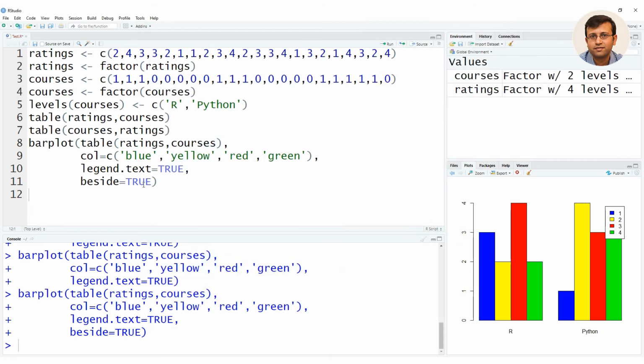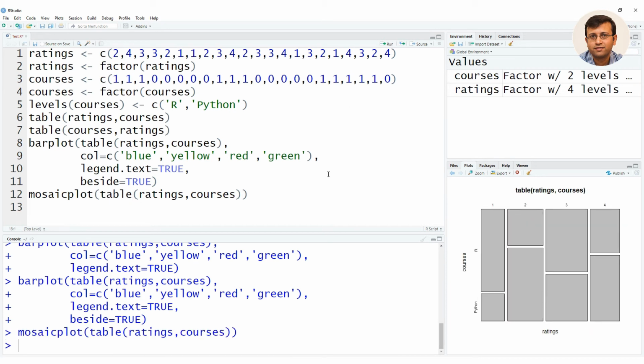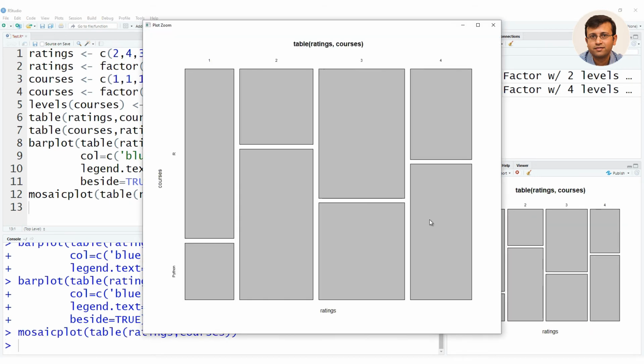We will now look at another way of visualizing bivariate qualitative data. We will use the mosaicplot function and pass the argument as a table function with ratings as the first argument and courses as the second argument. When we execute this statement, you can find that a mosaic plot is displayed where the x-axis represents the ratings and the y-axis represents the courses. The length or height of the tile in the mosaic plot depends on the value of the count